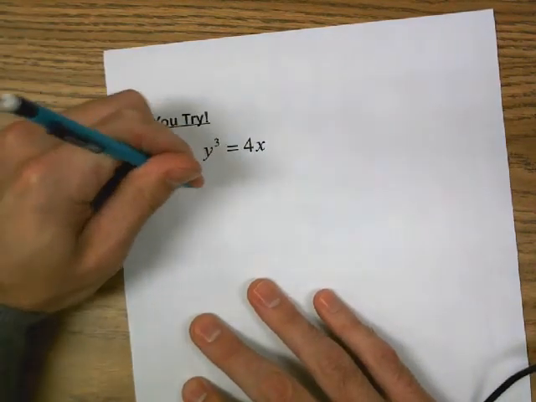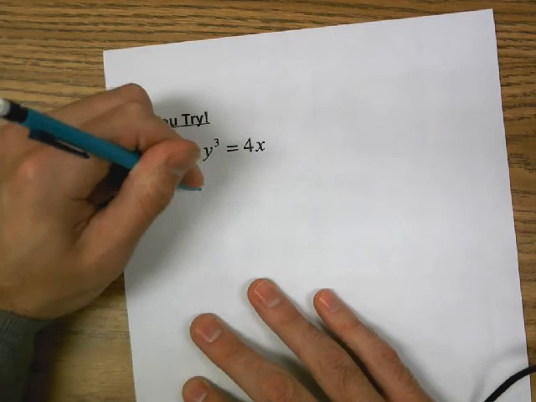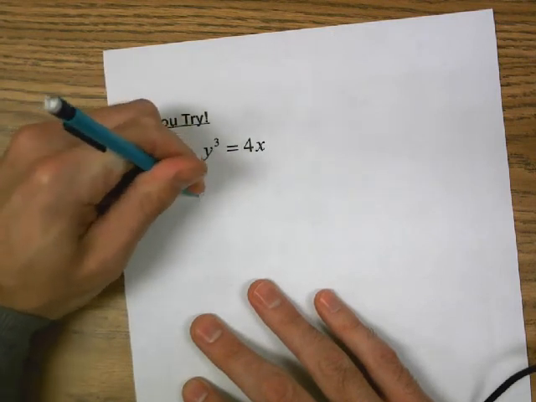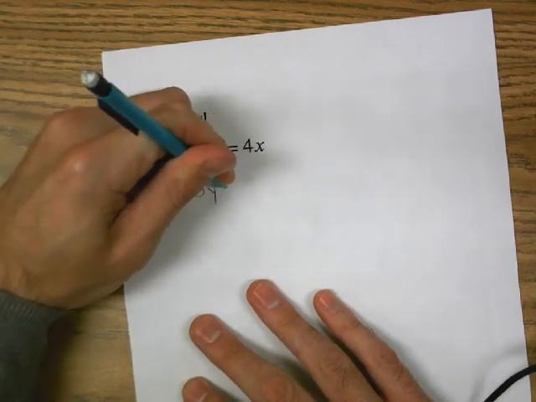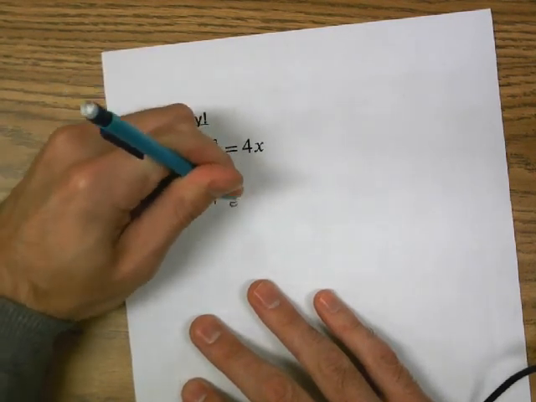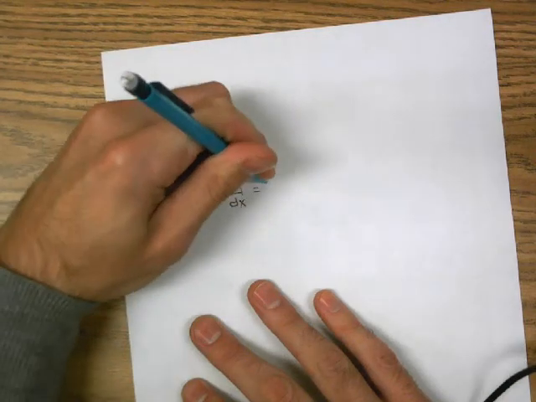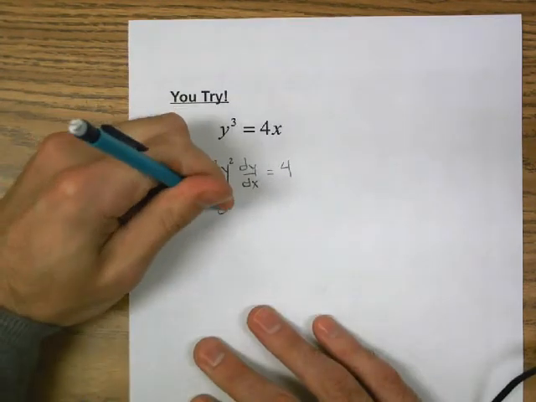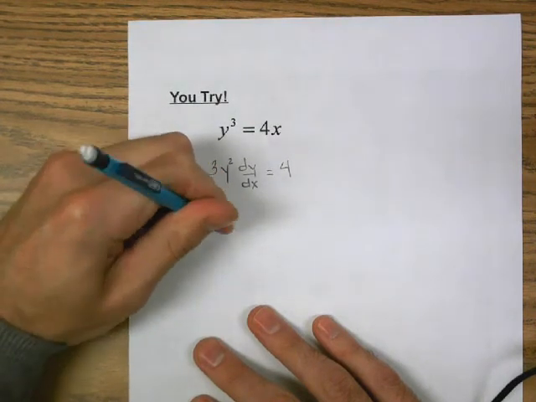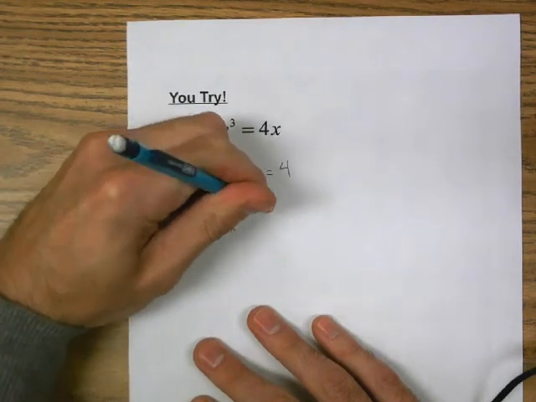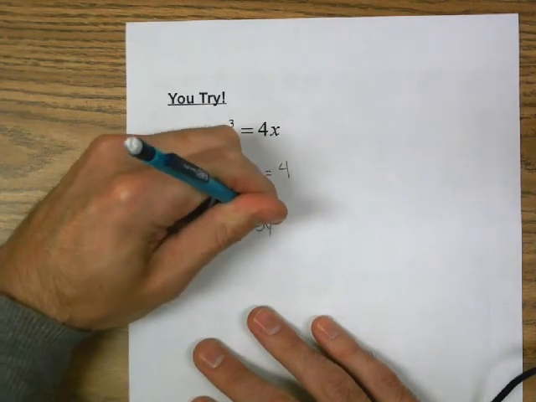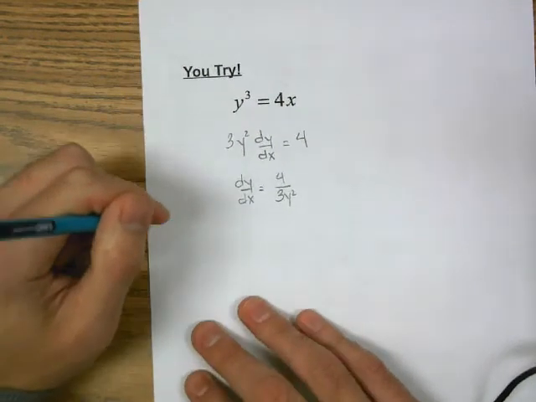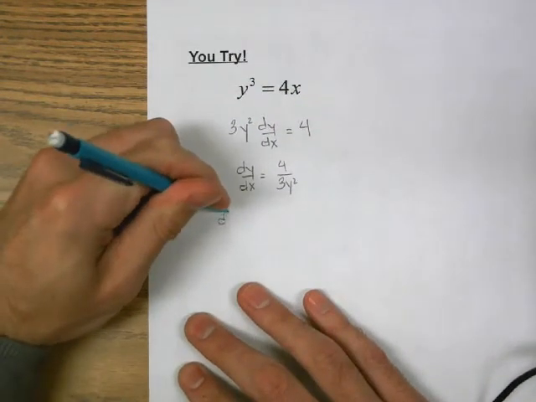Okay, so if you've done this, I would say my first derivative, I'm just going to skip ahead here and say this is 3y squared dy/dx. Now on this side, my derivative is just going to be 4. So then when I solve for my first derivative, dy/dx, I'm going to get 4 over 3y squared. Okay, so now when I go to my second derivative,